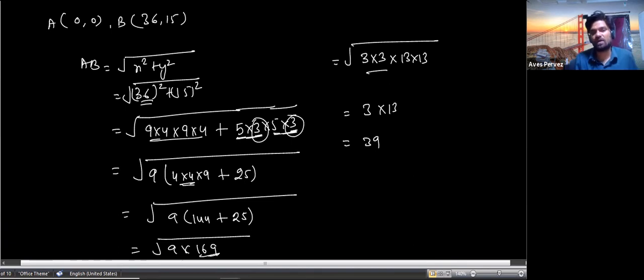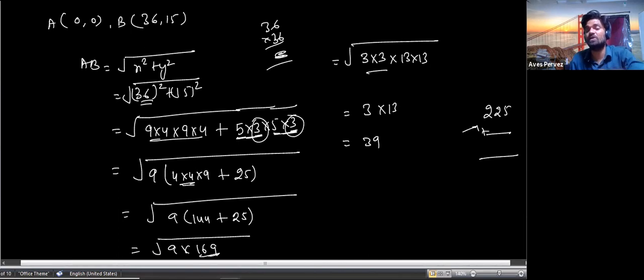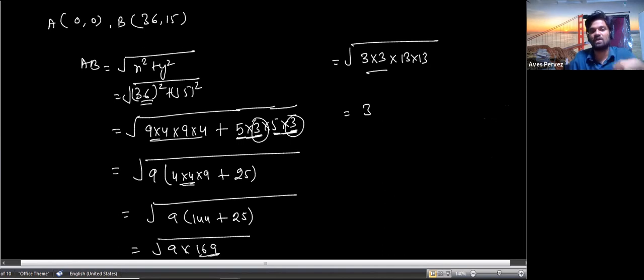First of all, if you have not taken the 9 as common, then what you need to do is multiply 36 into 36 first. That is the first step. Then whatever answer comes, you need to add it to 15 into 15. If you know the square of 15, then you can write simply 225. Then you add these two, and whatever answer comes, you have to take its root, and then you need to factorize it here.